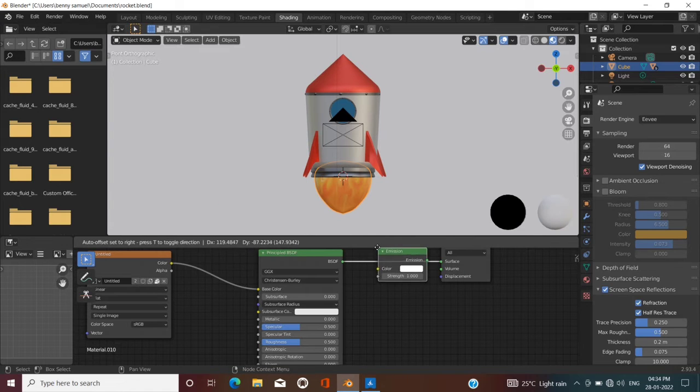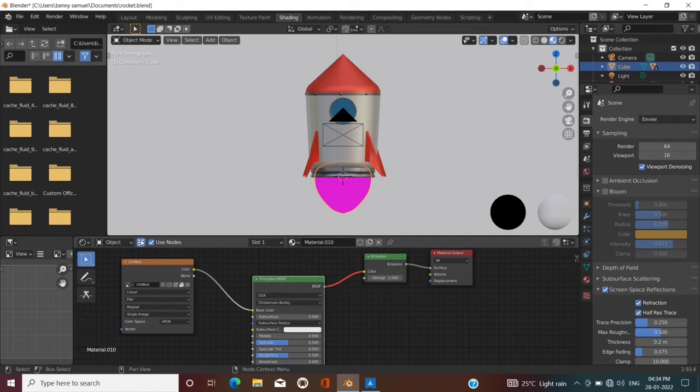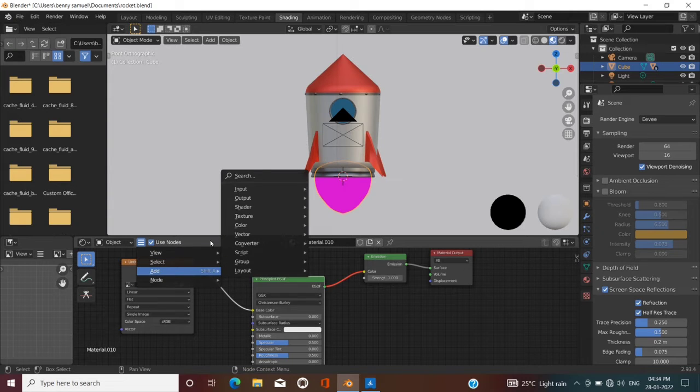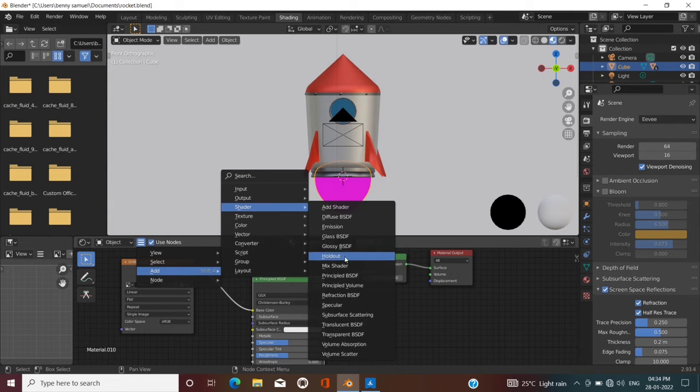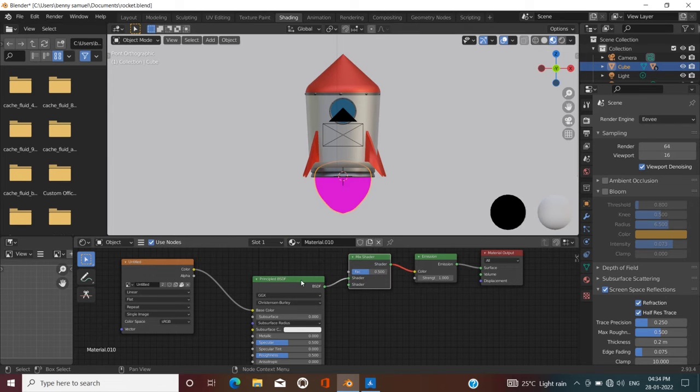Now, before that I want a mix shader. No, for this you don't want this. I delete it,